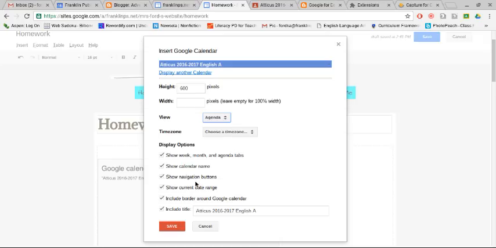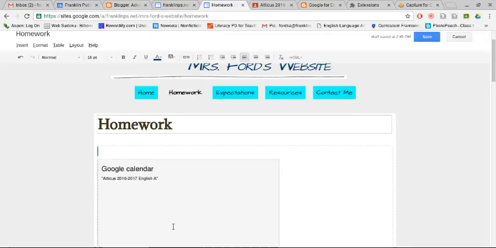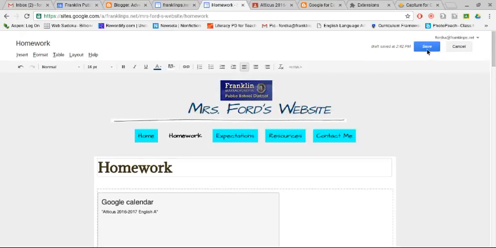It shows the calendar names, it shows the navigation buttons, and it shows the current date range. I like the border around it, and I do like the title. So that's automatic. People should know if they're in my A class. And then you press save. It comes up as this kind of funky looking Google Calendar thing until you save it. And then when you press save,